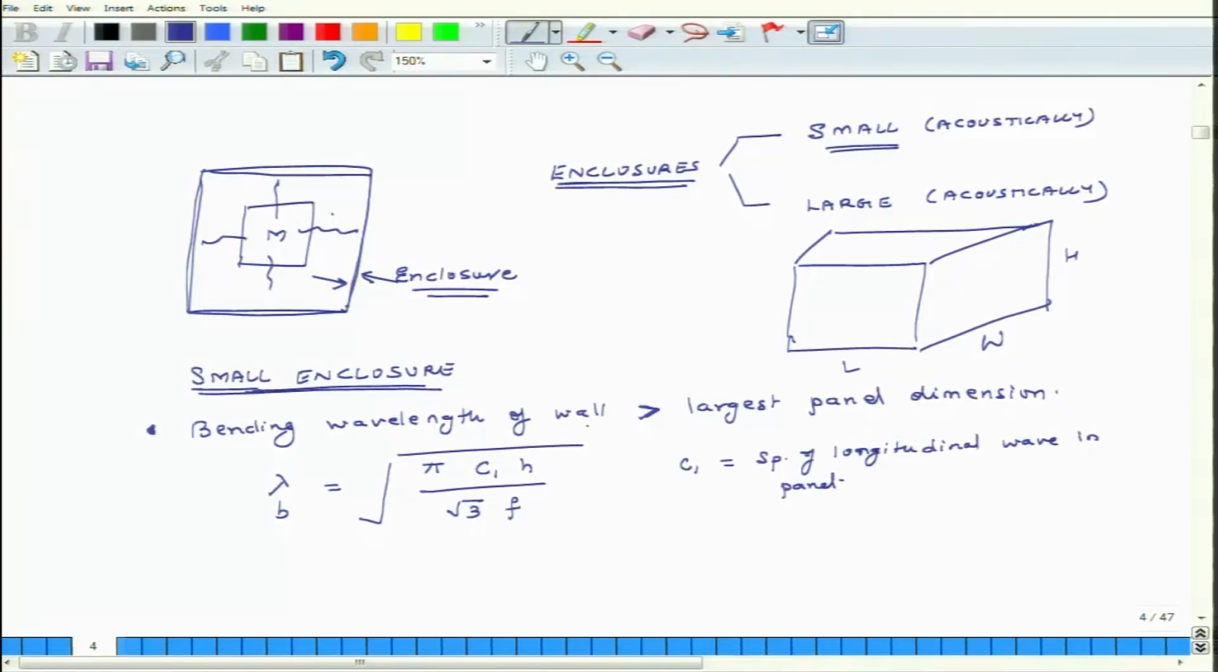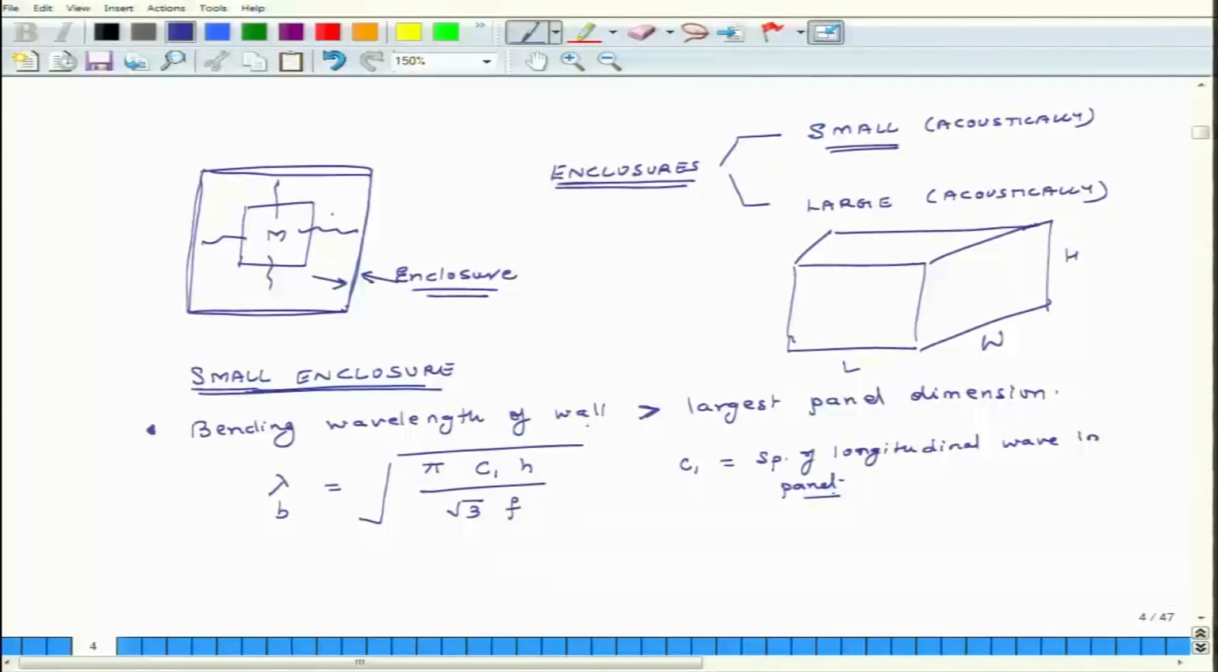Sound travels in air, similarly sound travels in water, and similarly sound can travel in solids also. The phenomenon is similar, but in solids it not only travels in a longitudinal way, it can also travel in different ways. In air the transmission of sound is like this, but in solids it can move like this, and it can also move like this. So, this is the speed of longitudinal wave in the panel. h is the thickness of the panel, and f is the frequency